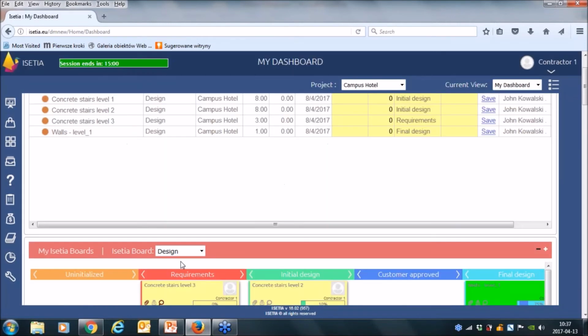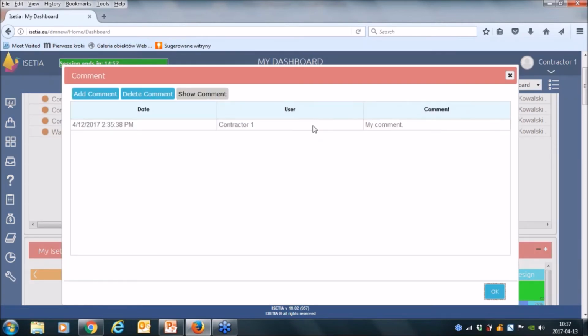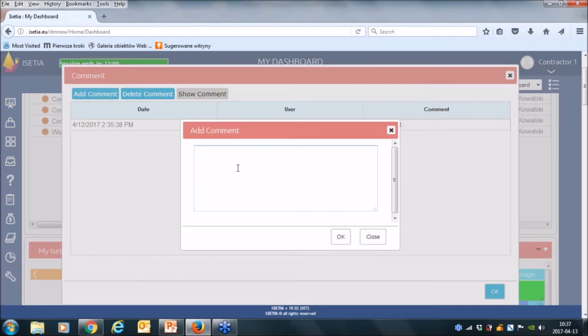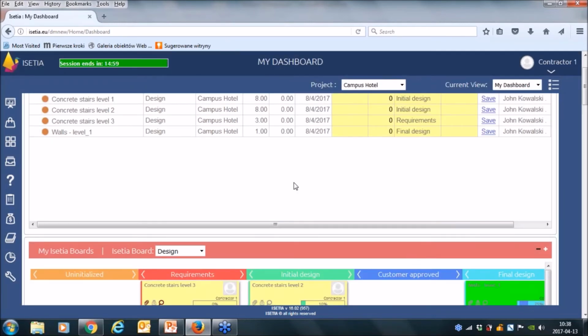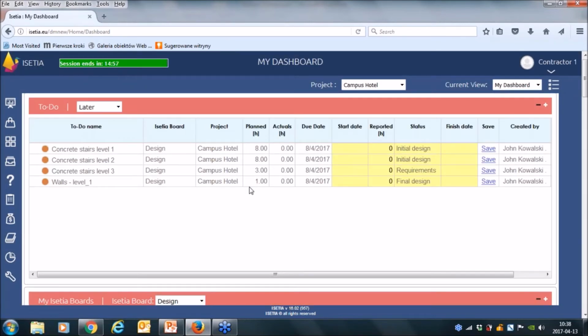What next? I can see some comments which are inserted by me or other users. Also, I can add new comments. So this is the way I can communicate with others, because these comments are also visible to other members who will enter this task.